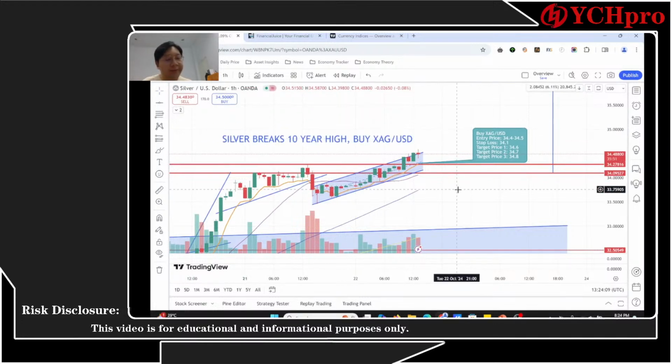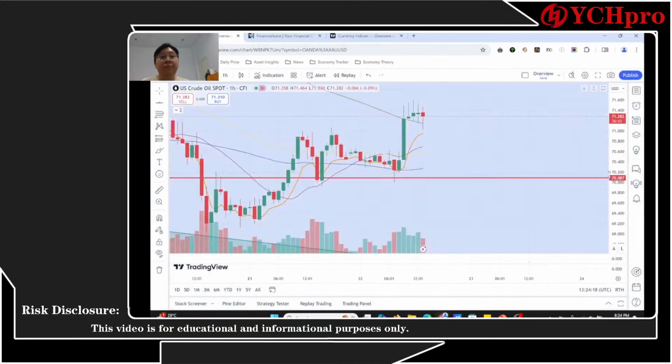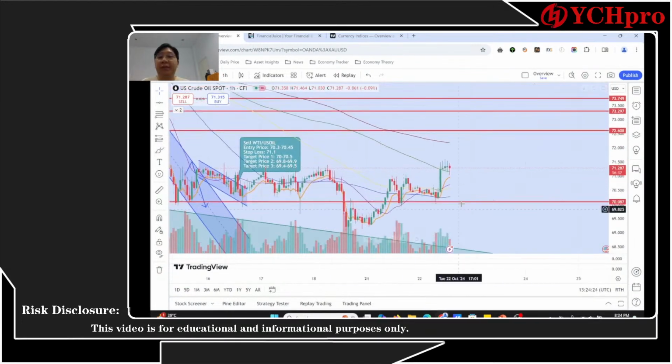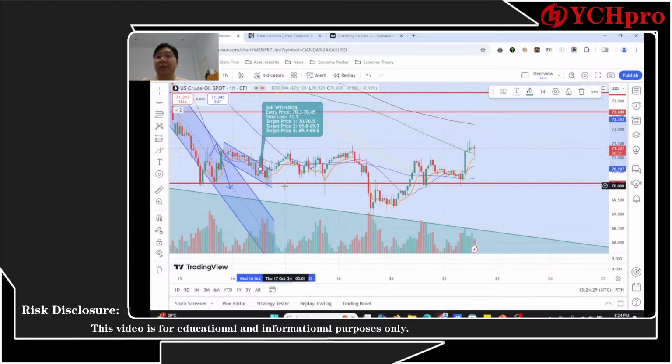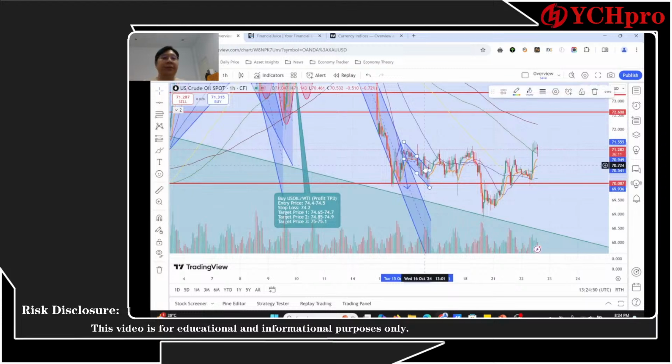What else? Maybe we can look at other assets. Crude oil could be one of the good things coming out of the market. Definitely we are seeing these bottoming phases on this side. How about the signal? So we do hit our stop losses in this case, but in terms of price target, it could reach the second price target. For now I won't be too worried about that side.